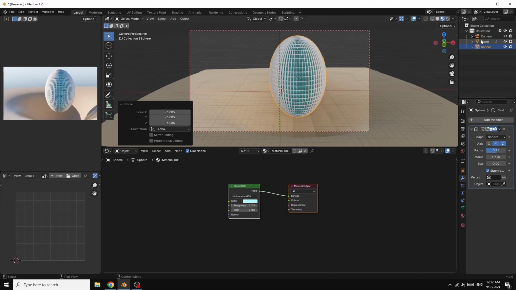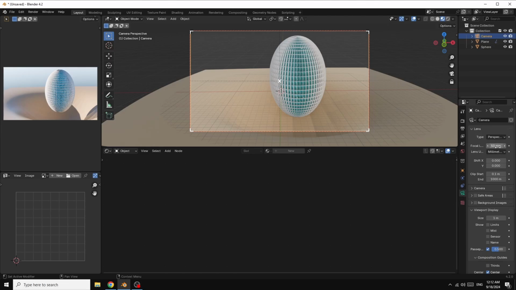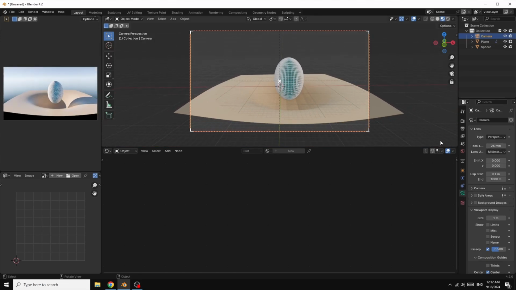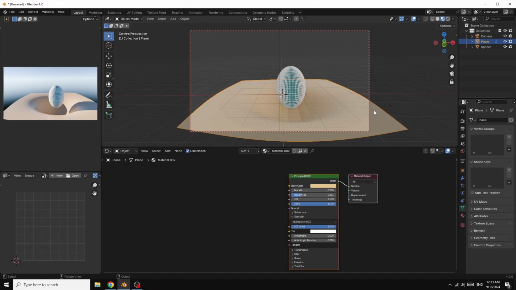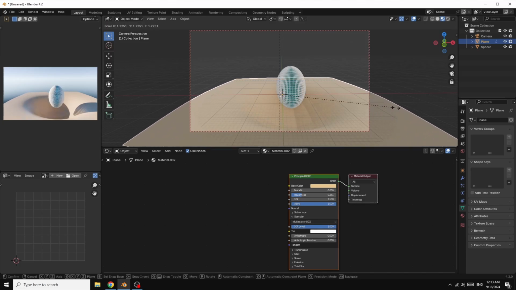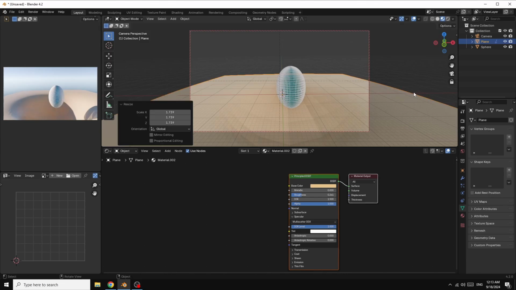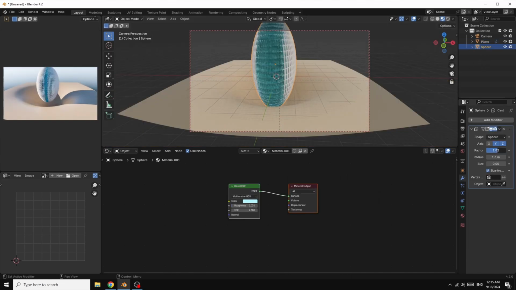Now go here in camera and decrease the focal length, maybe just like this. Now I scale the plane. Play with this